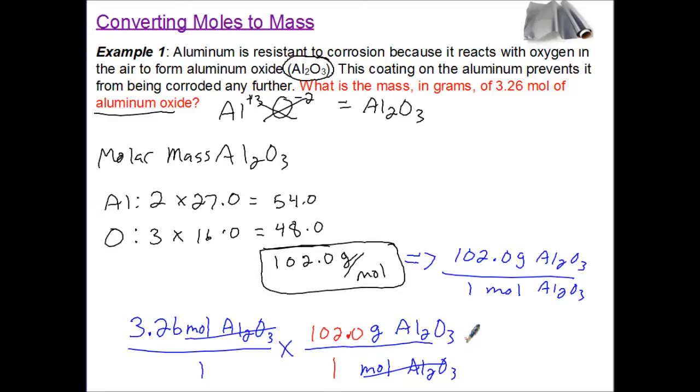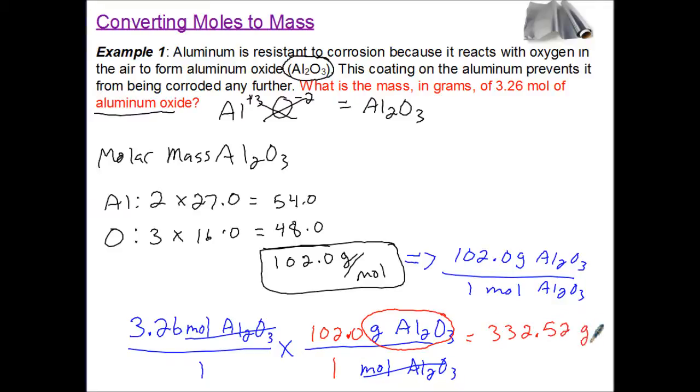Now all I have to do, since my units cancel out and I'm left with grams of aluminum oxide, that's the unit I want because it's asking in grams, is do my math. Since these numbers are both on top, I just simply multiply. So I take 3.26 times 102.0, and I get